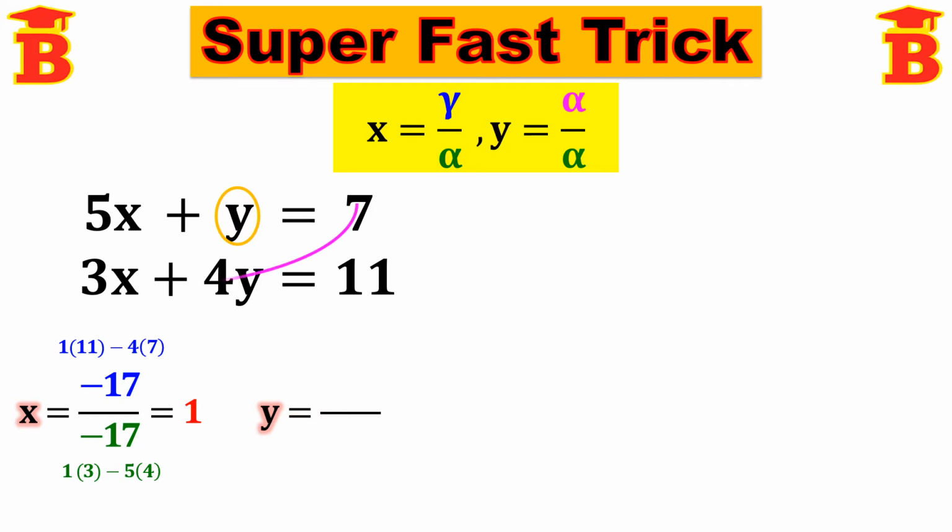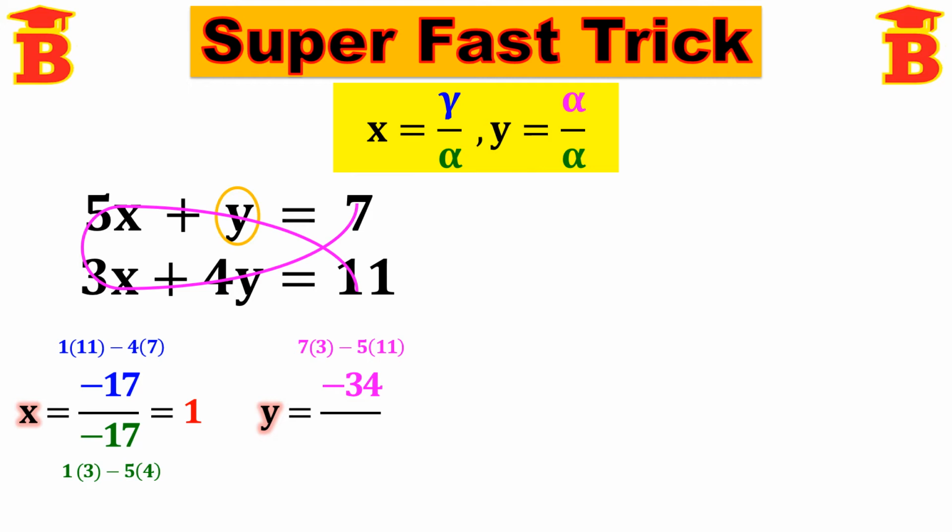gamma. We take gamma in the remaining terms like this. So we start from here. 7 into 3 minus 5 into 11. This is the y variable, so we take the gamma symbol in the remaining terms only. So we have to take like this. Here this is 7 into 3 minus 5 into 11. 7 3s are 21 minus 5 into 11, 55. 21 minus 55 is minus 34.